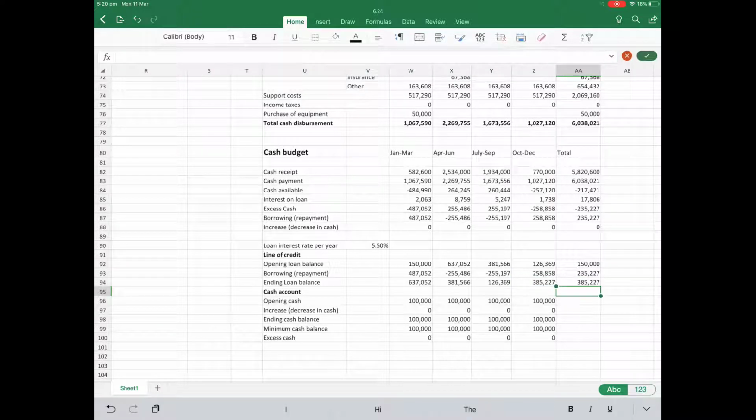Because remember, for the whole period from January until December, the opening balance of this period is the opening balance in January, and the ending balance of this period is the ending balance in December. So basically, you cannot add all of this line as the ending balance because it's not true, thinking about that as the whole period. But if you add this and this, you get this figure. So you see, that is the sum of all of the period because we borrow and then we repay and then we borrow, so they just neutralize each other. So you have the ending loan balance is